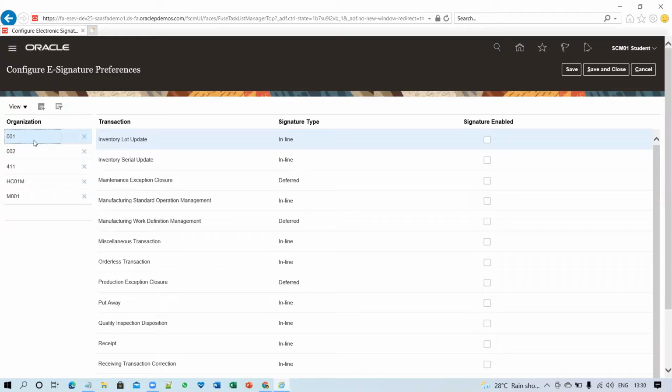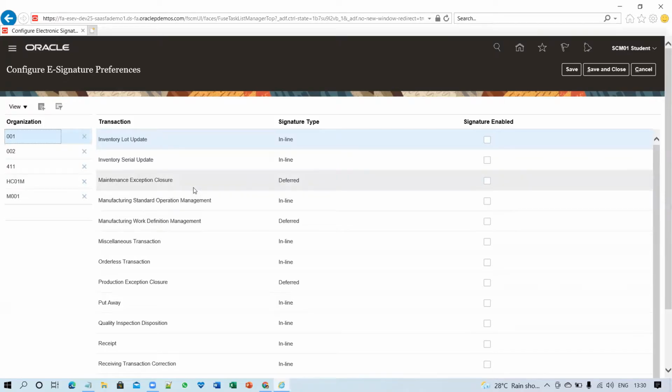Now you have to select your organization-specific setup, and select the transactions where you want to capture the electronic records as well as e-signature. So we can go through all the transactions. This feature allows you to capture against inventory lot update, serial update, maintenance exceptions.